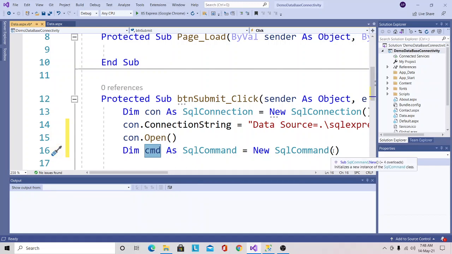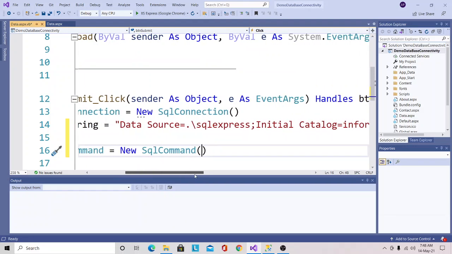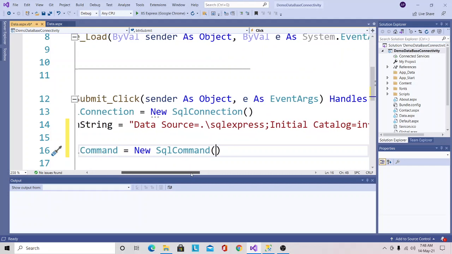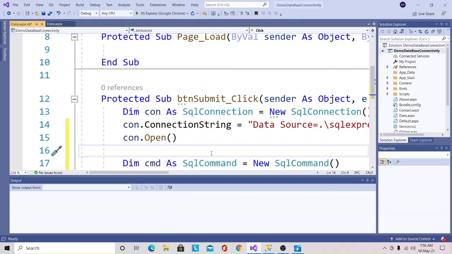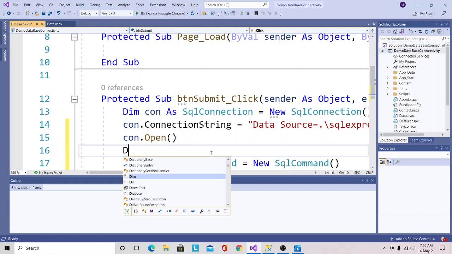To the constructor of the SqlCommand class, I will pass two parameters. My first parameter is the SQL query, and the second parameter is the con variable that I have created for the SqlConnection class. In order to pass the SQL query parameter, I will declare an sql variable using the Dim keyword.